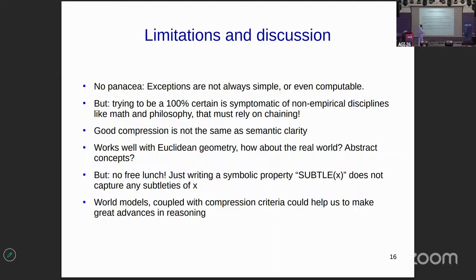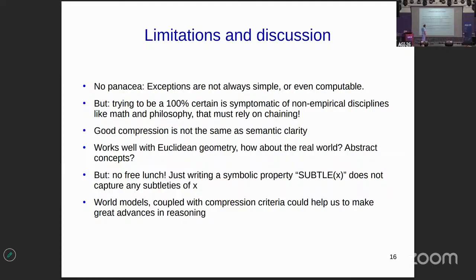You get that problem exactly in the non-empirical disciplines like math and philosophy, where you're not allowed to look at the world. But for working AI systems, we are allowed to look at the world. We don't need chaining, we just directly sample our hypotheses and test them. So we can afford to be wrong 1% of the time.